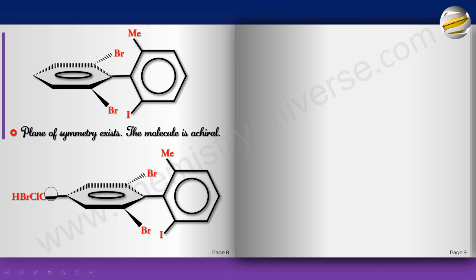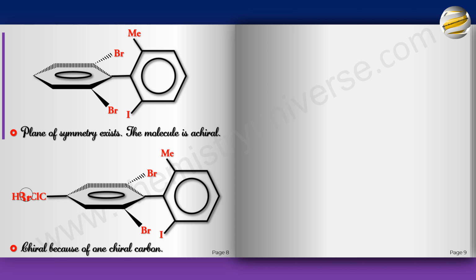But remember, this carbon is chiral. Can you see that? This carbon is chiral. If this carbon were achiral, if it was CH3, then this would be a symmetrical molecule. But the fact that you have one chiral carbon, without any flipping, the molecule will be chiral. So if you were to cut like this, when you cut through this carbon, you won't get a symmetrical structure. So the molecule is chiral because it has one chiral carbon.